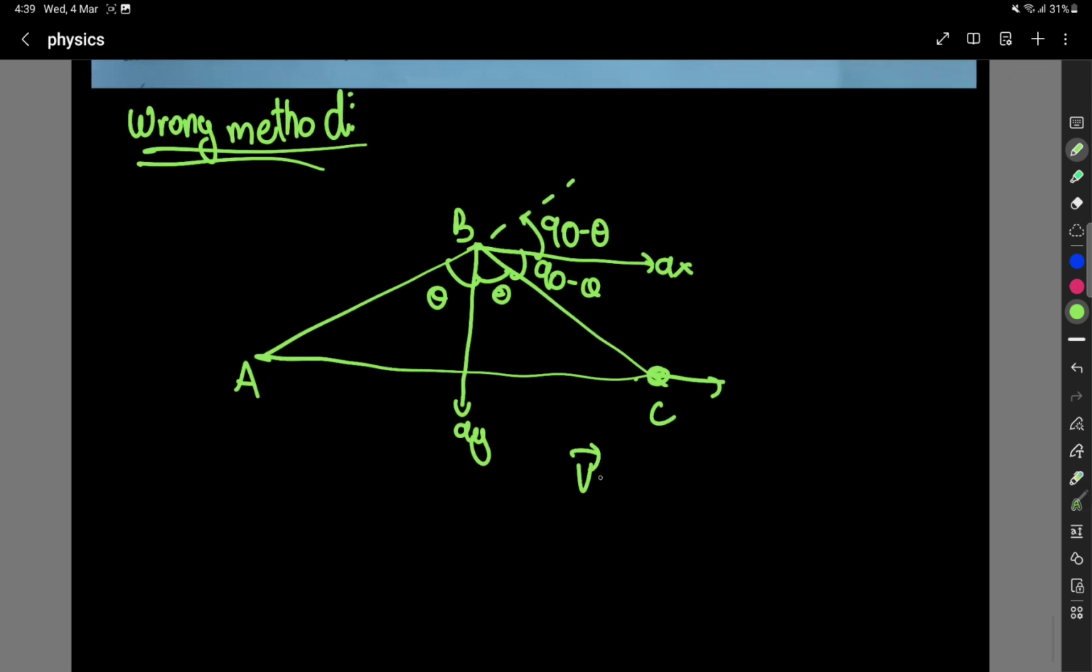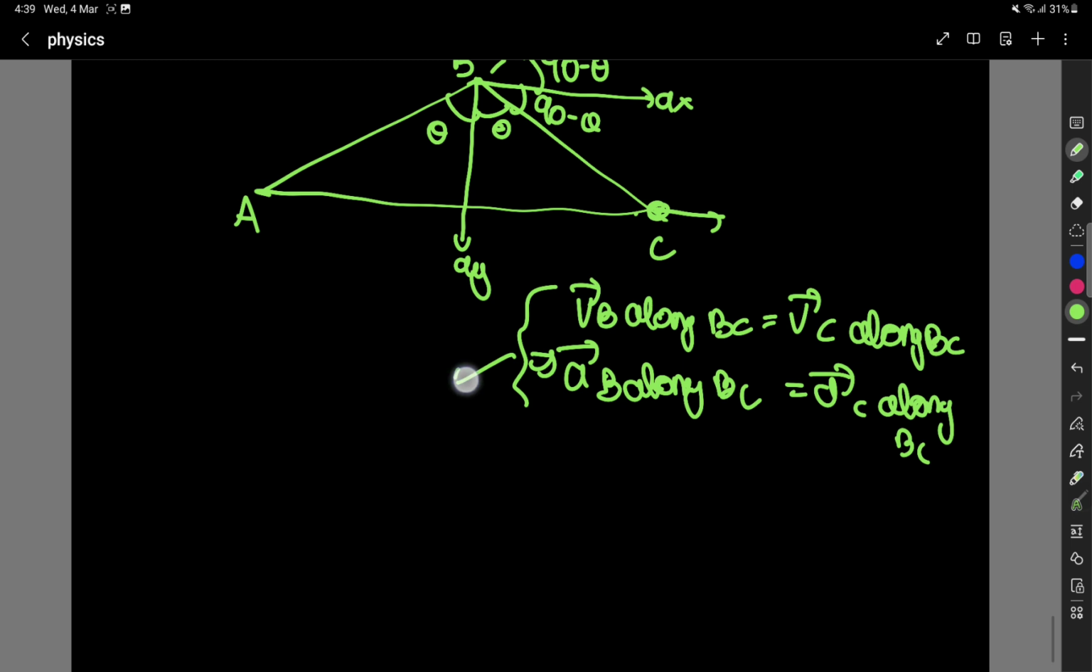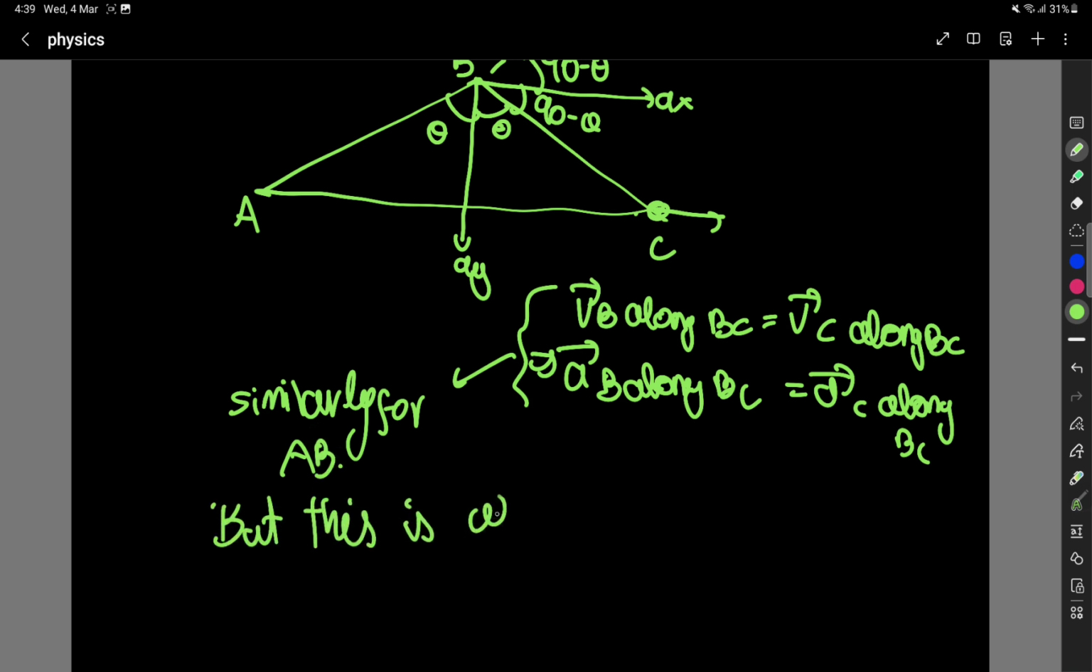Velocity vector of B along BC is equal to velocity vector of C along BC. Acceleration vector of B along BC is equal to acceleration vector of C along BC, and similarly for AB. But this is wrong, because